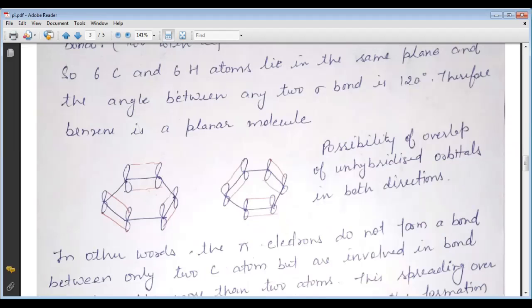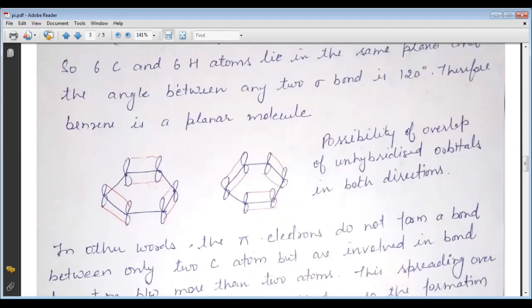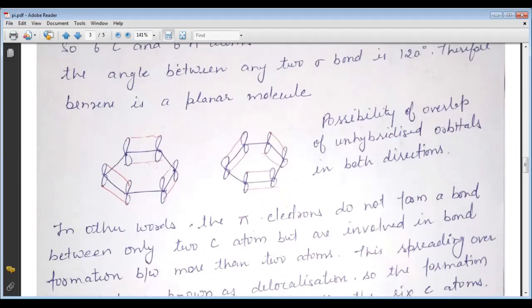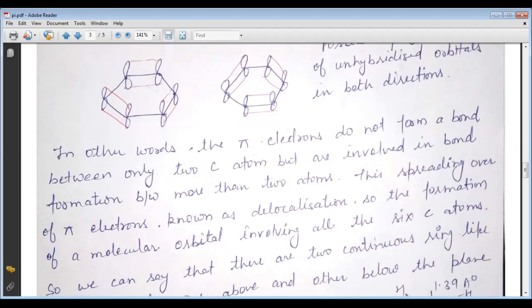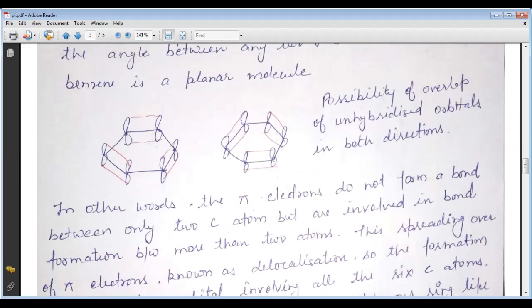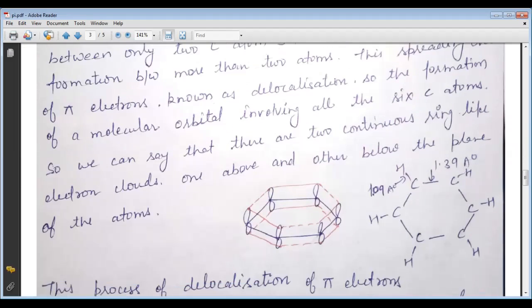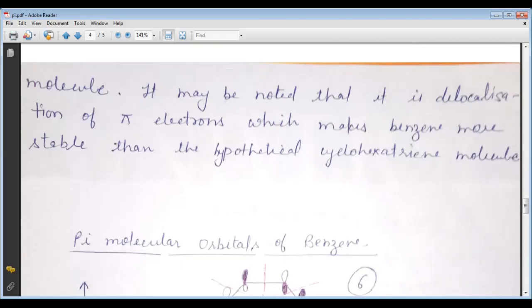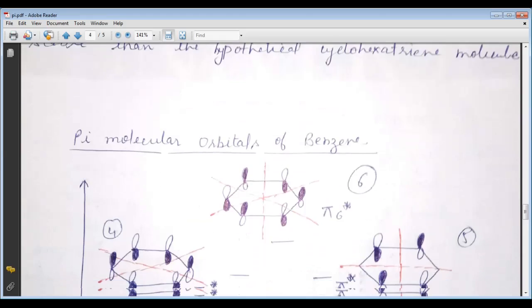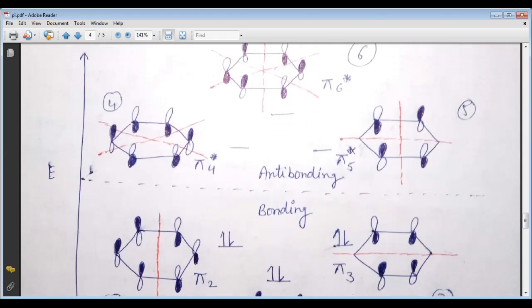So the bond angle, the angle between any two sigma bonds, is 120. So this is a structure in which there is the possibility of the overlap of unhybridized orbitals in both directions. Okay, then this is the bond length, and now the pi molecular orbital structure of benzene we can represent here, and here we can compare the benzene with the